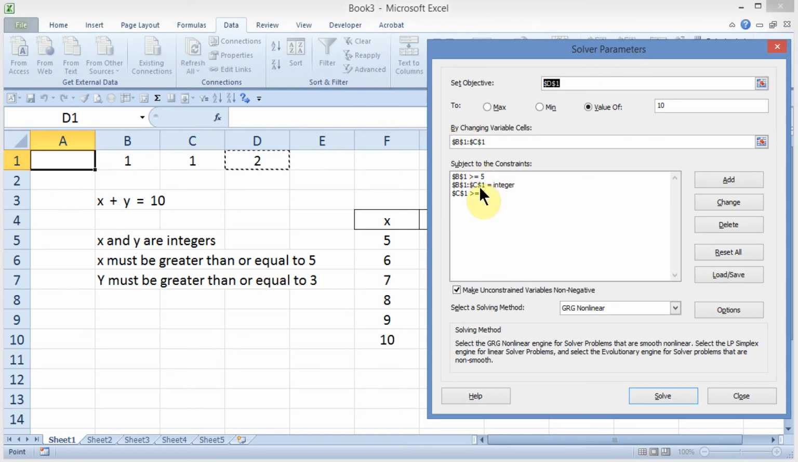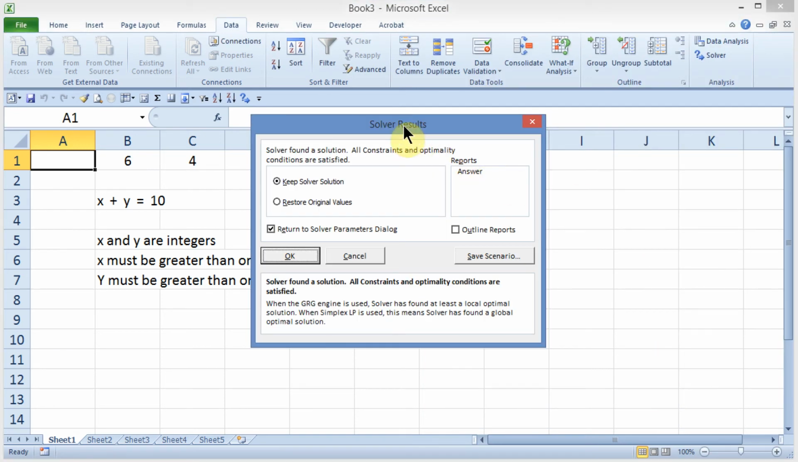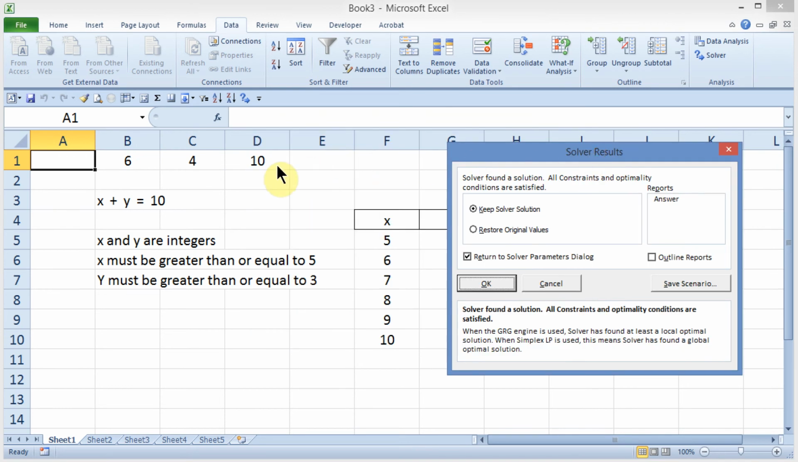I'm telling it that these two values must be integers. This one must be equal to or greater than 5, and this one must be greater than or equal to 3, which is what we're looking for. Now I'll go ahead and click on solve, and it goes ahead and solves if it can find a solution. I'll click on solve, and solver says it came down and found a solution. As it went through its iterations, it found 6, 4 as an example that worked,